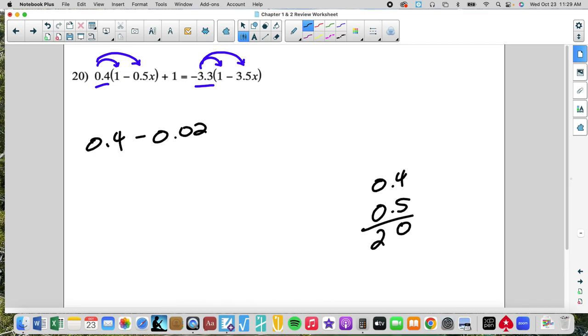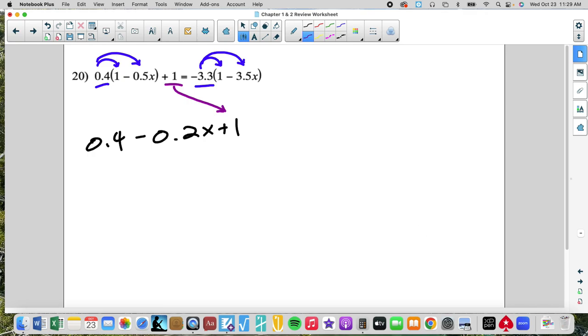We have 2 decimal places. No, it's 0.2. Negative 0.2x plus 1, because we're going to bring down this 1. Don't forget the 1. Unaffected equals